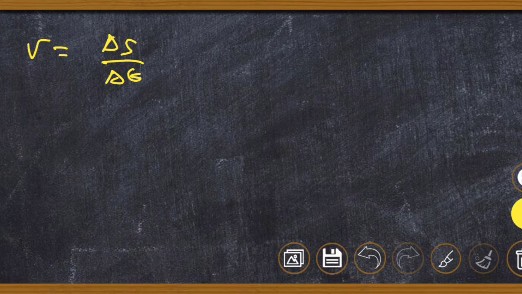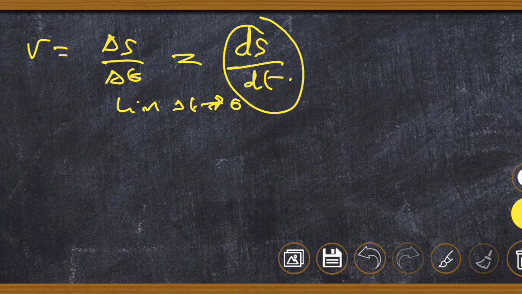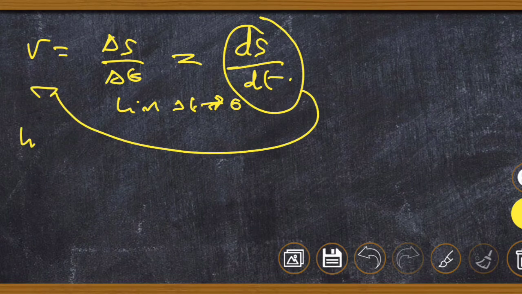This will be limited. Now, when we limit this by taking the change in time to tend to 0, that means when we take the limit, this derivative becomes the differentiation of S, or the derivative of S with respect to time t. Are you getting me? So my velocity is always equal to ds/dt. So this velocity that we normally calculate using ds/dt is your instantaneous velocity. Now don't forget that